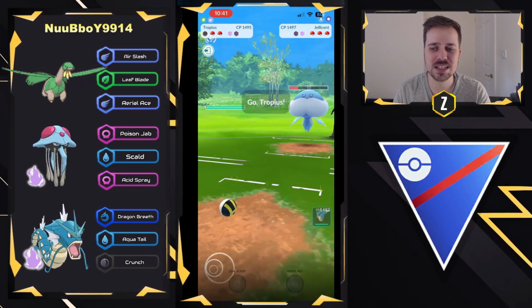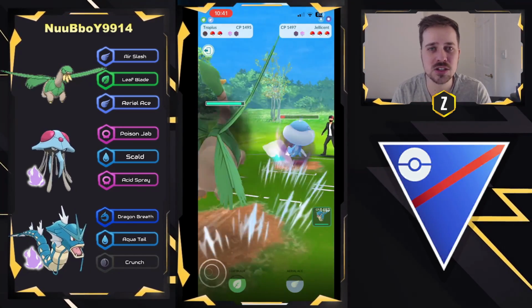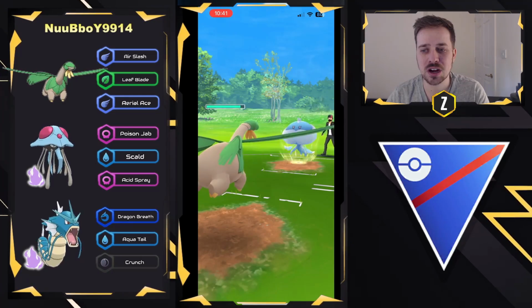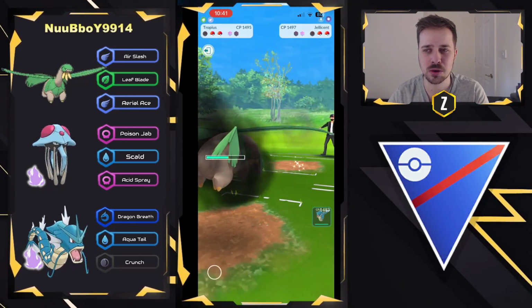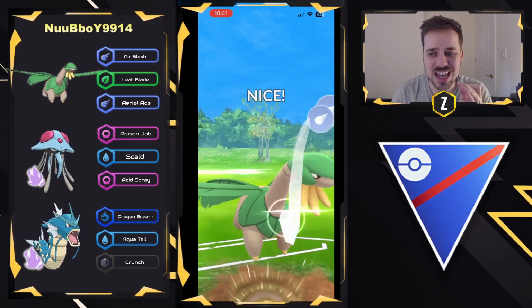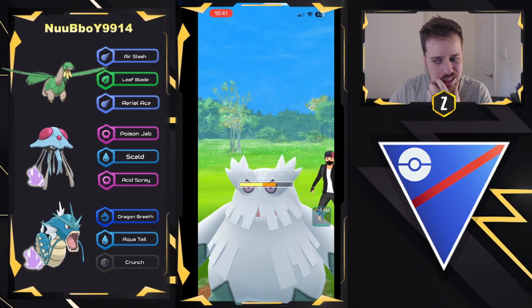Now, Tropius has an opportunity here to get a lot of energy with Air Slash, to have an Aerial Ace ready to go for the Abomasnow. It's still weak to the flying type charge moves, and then we will likely see that Shadow Gyarados come in. Hopefully there is no Lantern in the back, otherwise it's basically a triple hard counter here. Let's see what happens. Abomasnow comes in, they go ahead and go for the Aerial Ace, and then we will see a fast swap into the Shadow Gyarados, as they will...